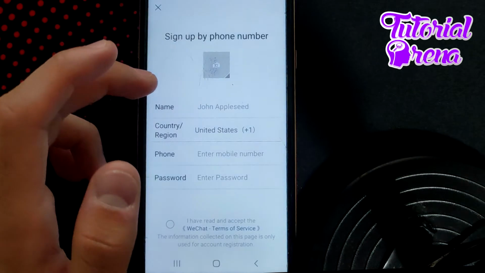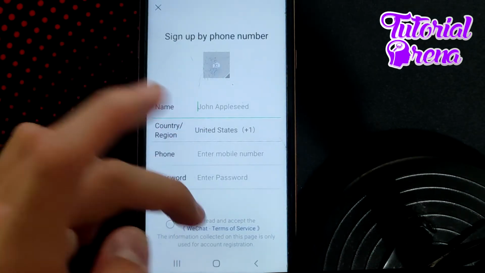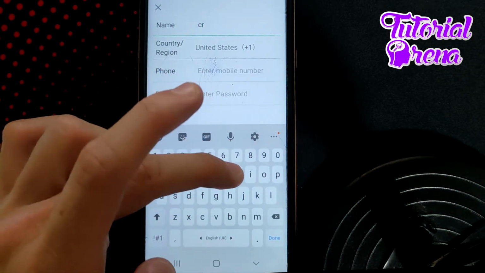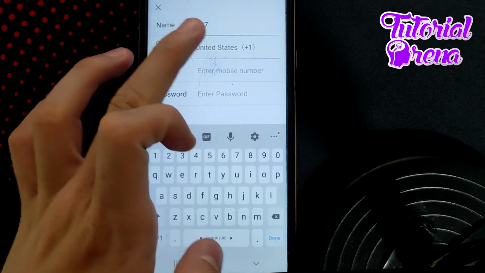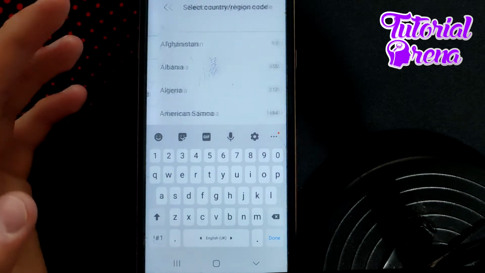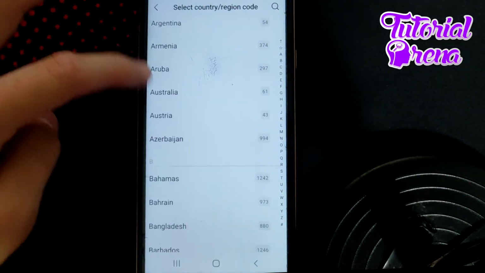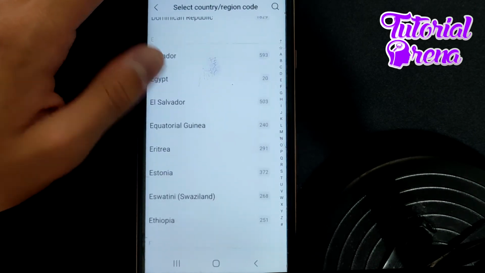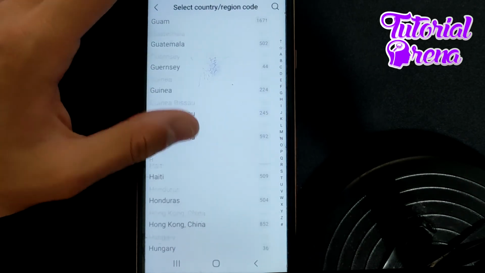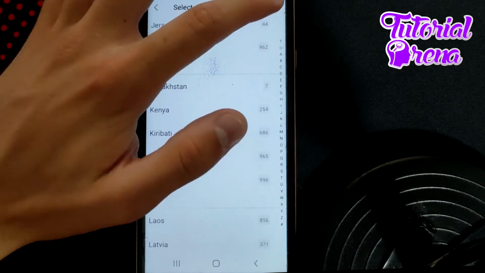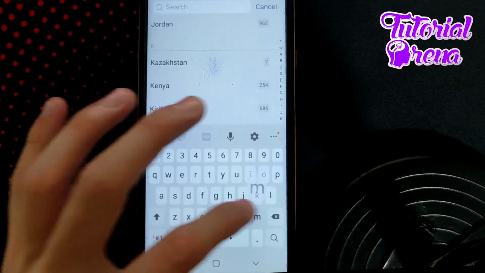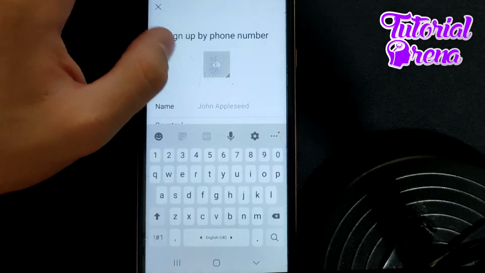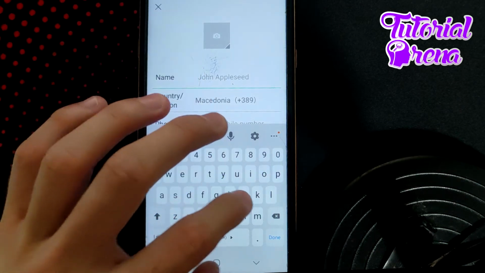And right from there, yeah, here you need to add your name, for example CR7, and here you need to add your country or region setup, and I'm going to search for my country, which is Macedonia, and I'm going to simply type Macedonia. Just go find it, and as you go, type your name,